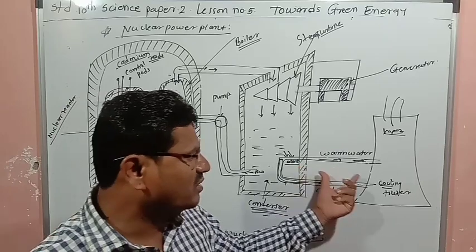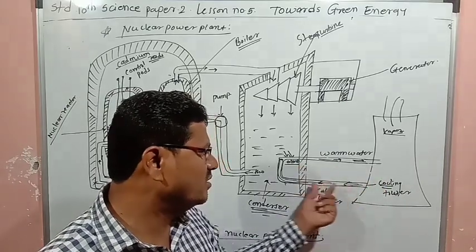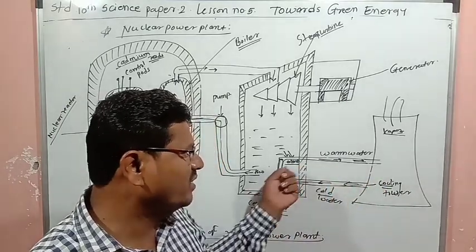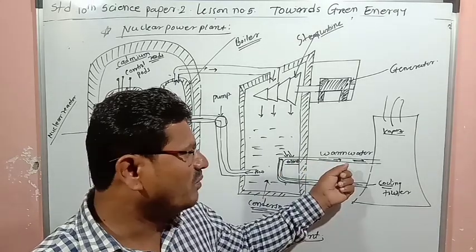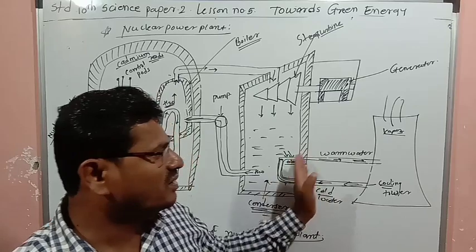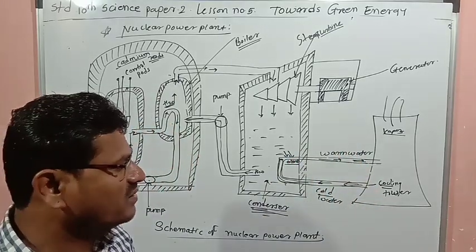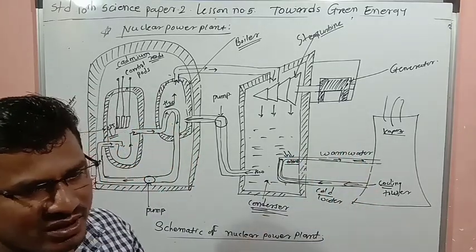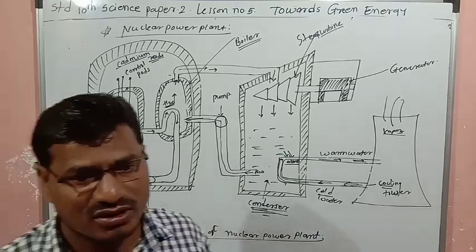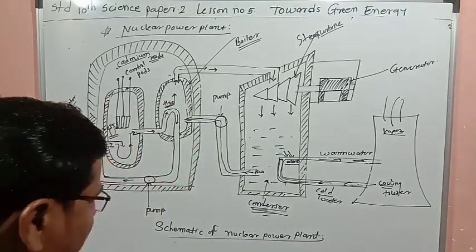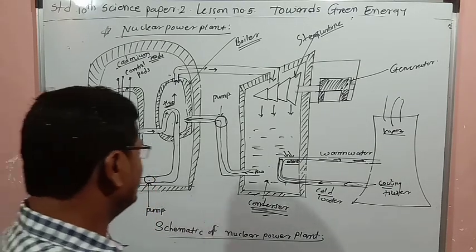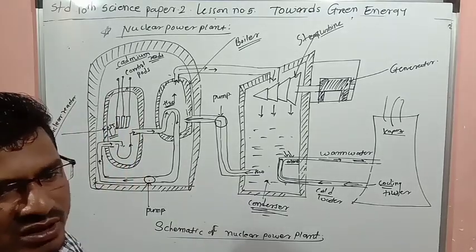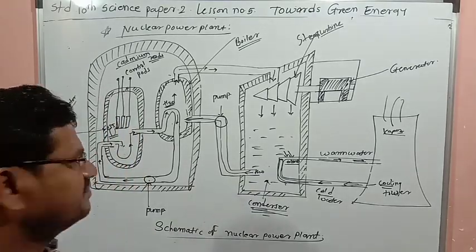And here the cooling tower, and here the condenser, in that cold water is taken, it will absorb heat, and then the water will become warm, and then it is taken to the cooling tower. Like this way this power plant is working. Some points we are going to learn about this working. So in case of working, I will rub this one and I will explain that one.